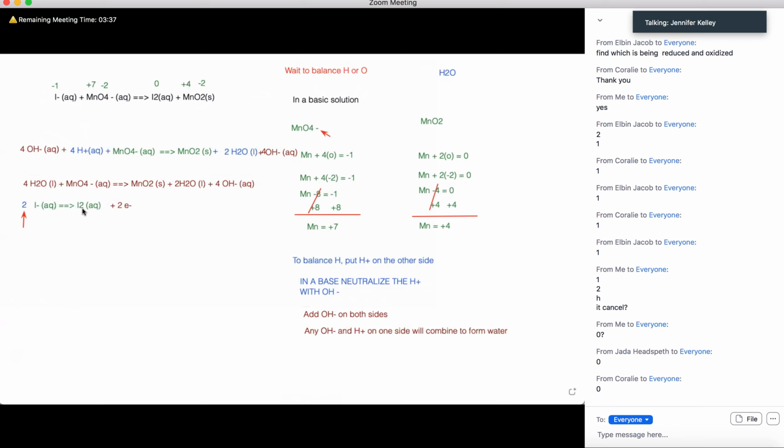Okay, so I have I2, which is neutral, plus 2 negatives. So it'd be like 0 minus 2. That's going to be -2 on the right. And on the left, I have 2 times I minus, so that's also a -2 on the left. So on the left and the right both match now. All right, let me move this to plug in. Okay, so